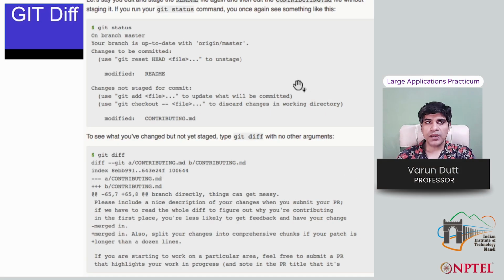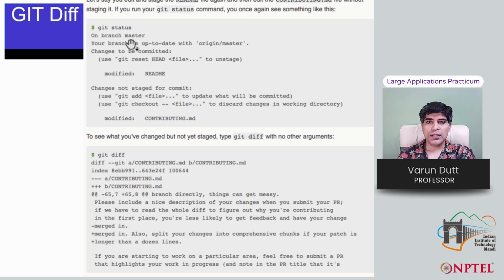So let's get started. Let's say that you have been editing files, and you edit and stage a README file, and then you edit a contributing.md file without staging it. If you run the git status command, you once again see something like this.